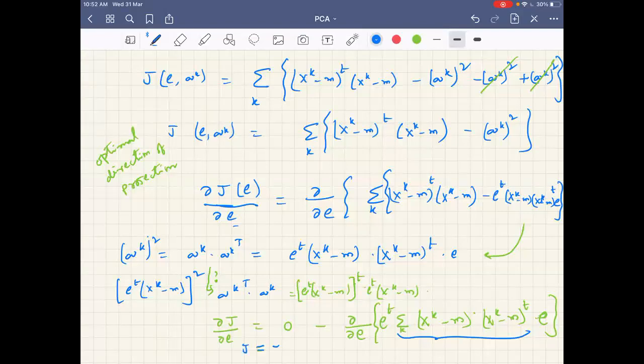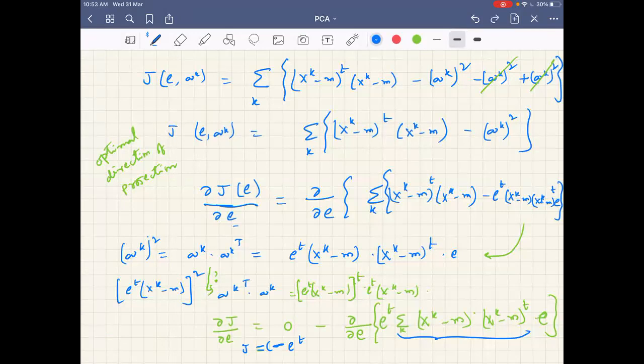What is this? I am writing now J. I am leaving dou by dou E, I will bring it later. I started with this because we want to differentiate. Now we will see later if the differentiation is needed or not. Some constant times the first term, E transpose, into what is the second term? It is the covariance matrix. Is it exactly the covariance matrix? Correlation matrix? No, covariance matrix only.